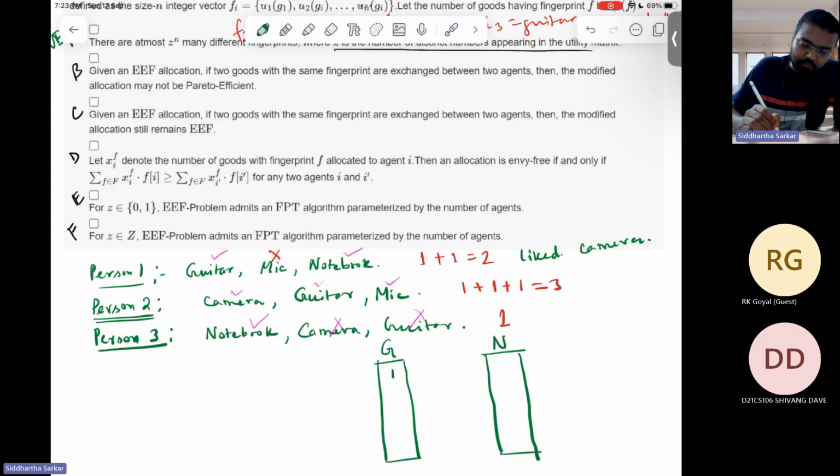They have the same fingerprint, which means in every row they have identical entries. If there is one here, there is one there. If there is zero here, there is zero there, like that. Now the guitar is allocated to